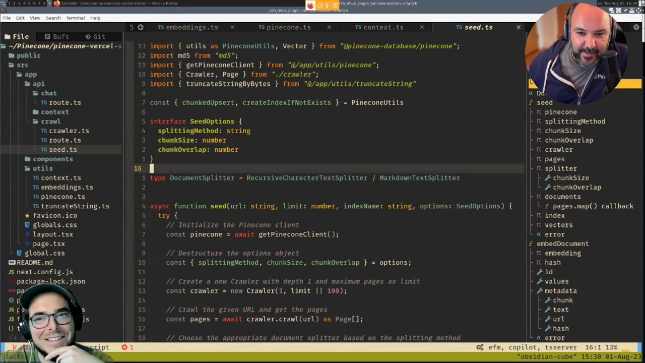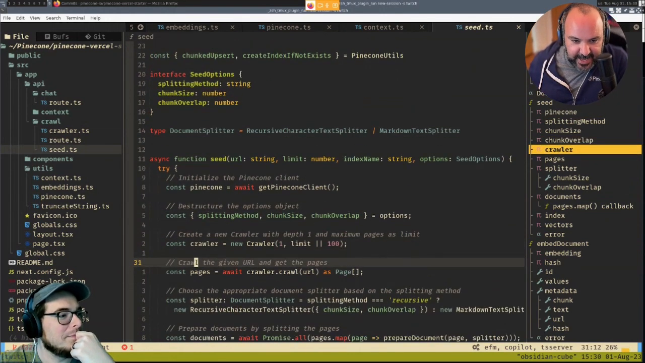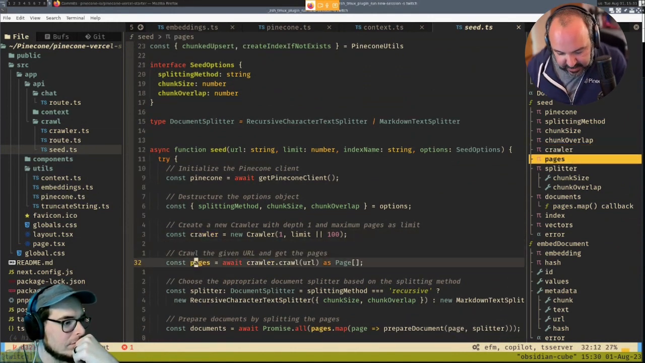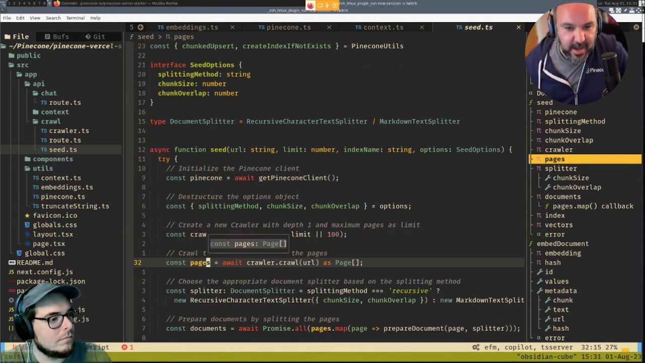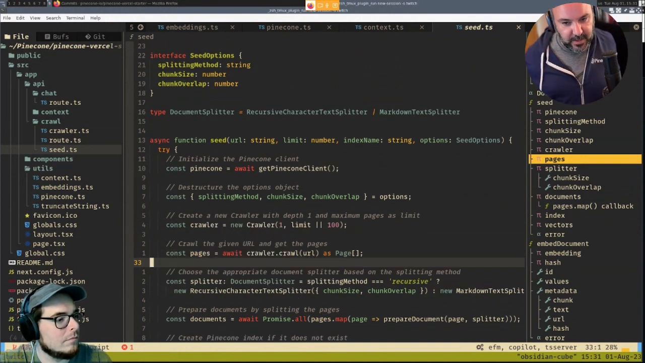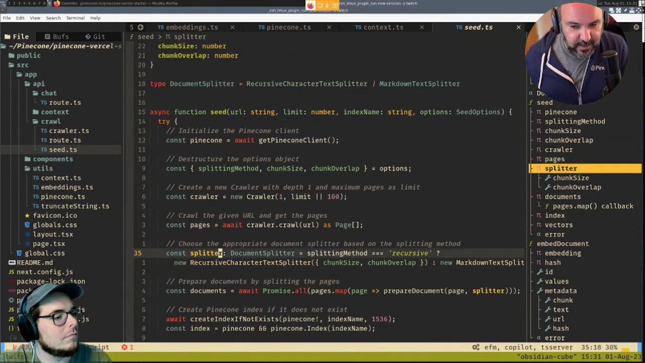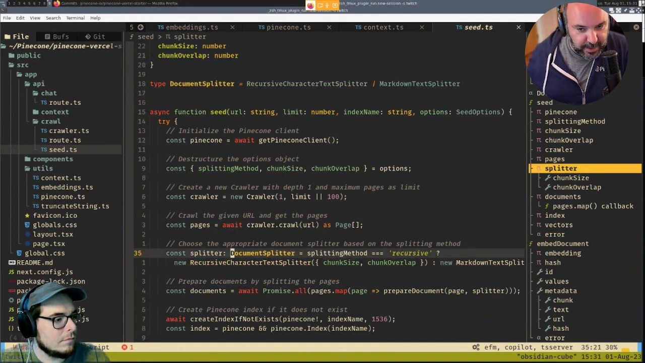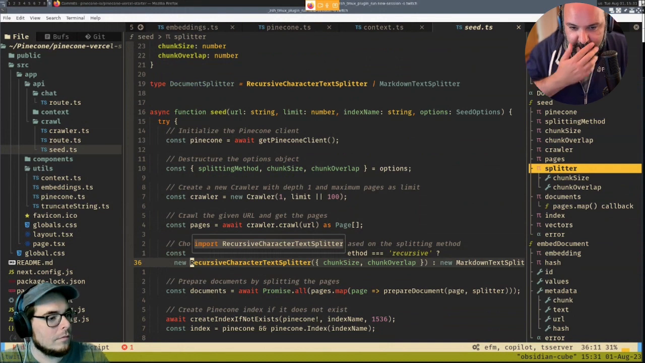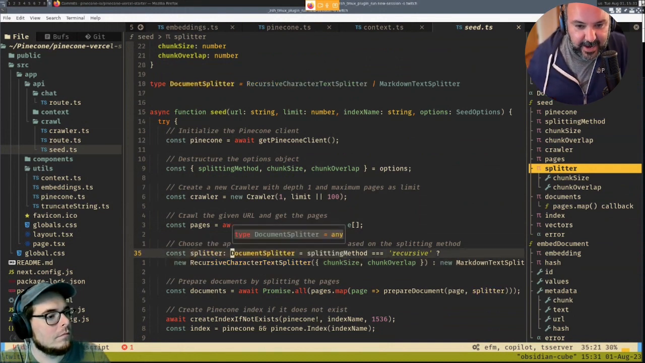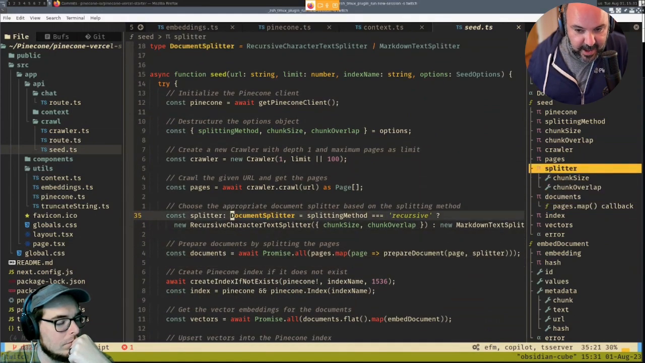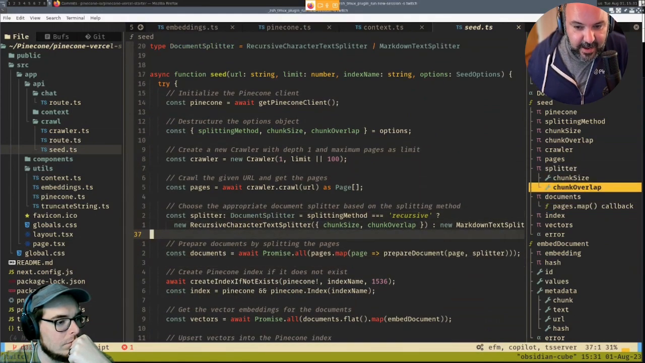Basically what it does is it instantiates the crawler, so now it gets the pages. Then you'll see in the UI you're able to choose which kind of splitter you want to use: a document splitter, a recursive splitter, or a markdown splitter. It will use the appropriate splitter based on your choice, and that gives you split documents. Then it will create the index,